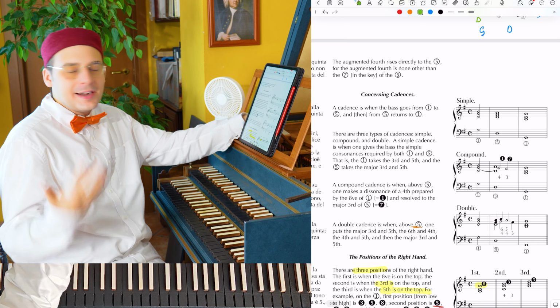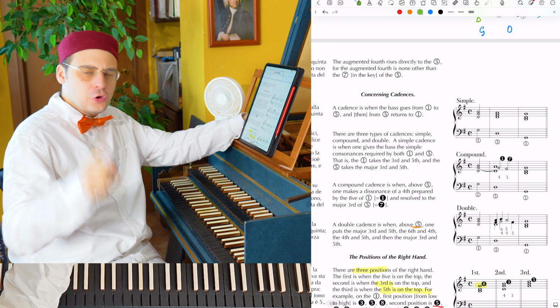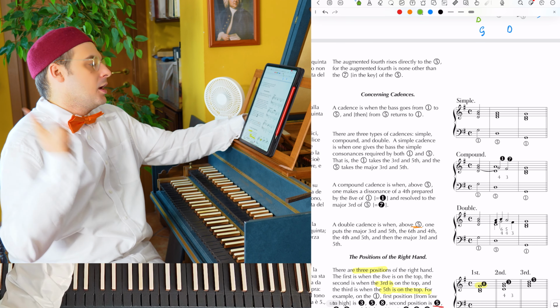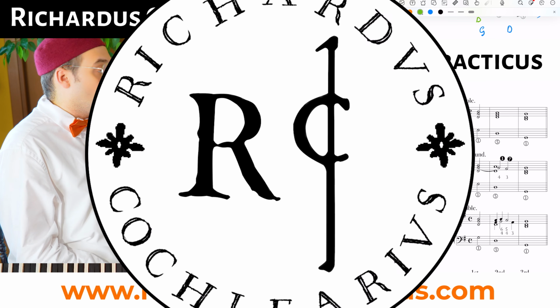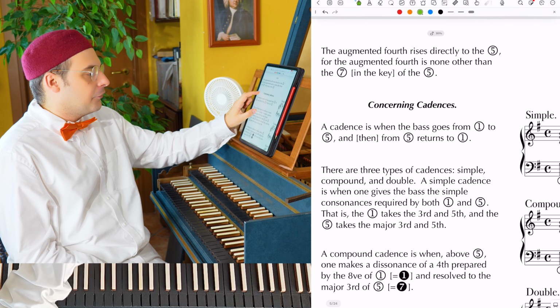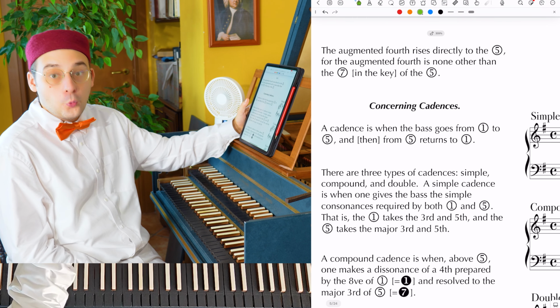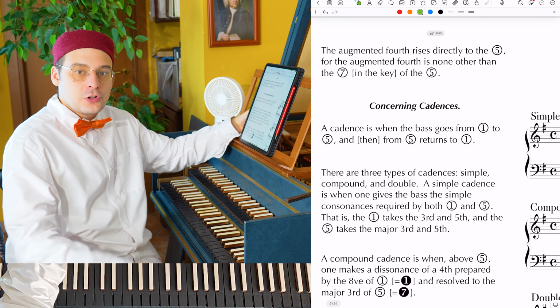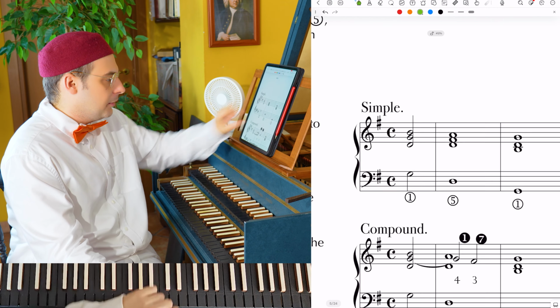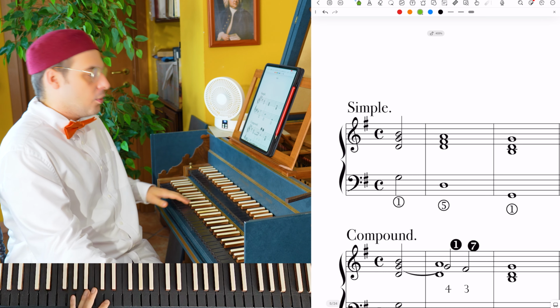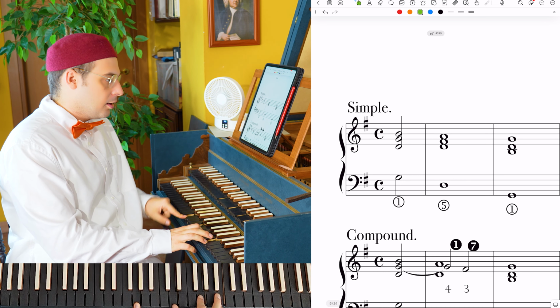Cadences. How are cadences composed? Let's discover in this video. A cadence is when the bass goes from degree 1 to degree 5 and then from degree 5 returns to degree 1. This is the description provided by Fenaroli. So we have simple cadence 1 5 1 this way,